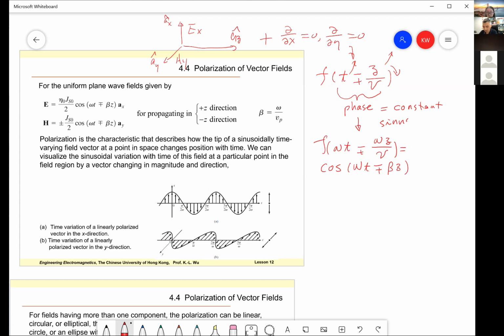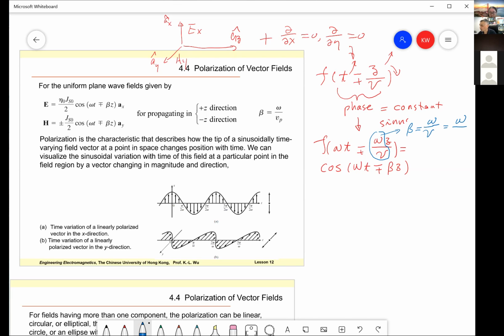Beta is just for convenience, I define these things as beta, right? And then beta is omega divided by the speed of wave, right? So the speed of wave also we can write,